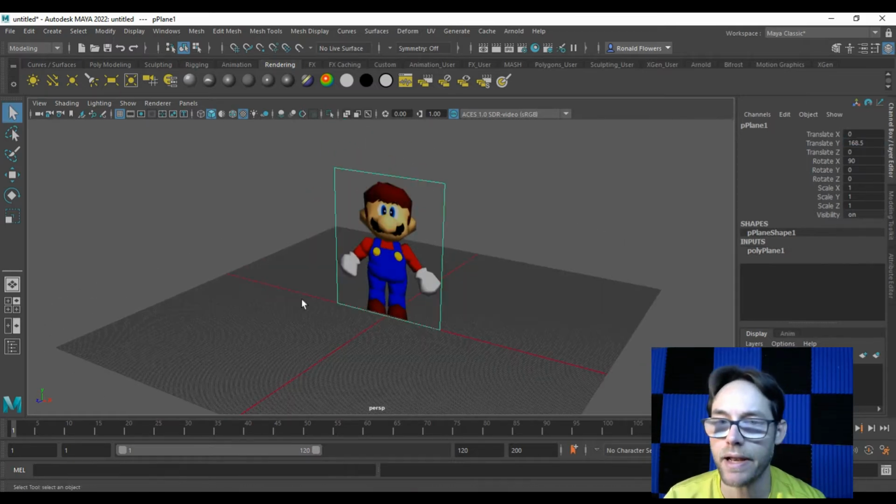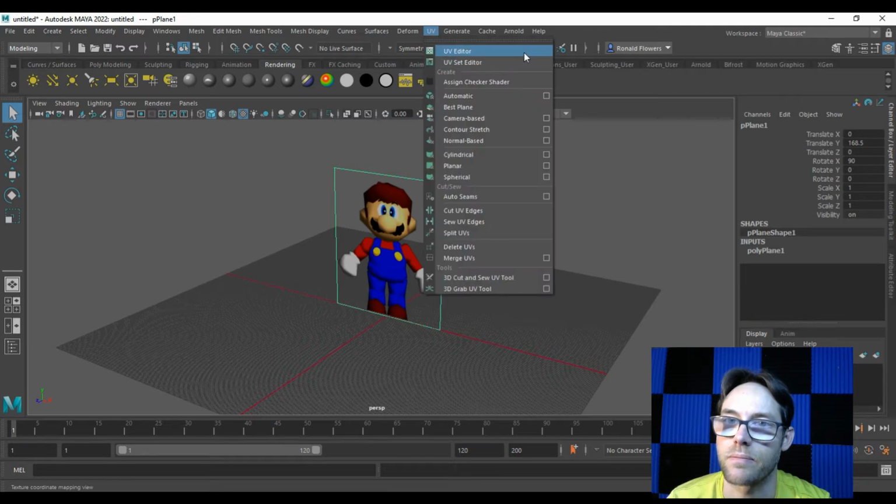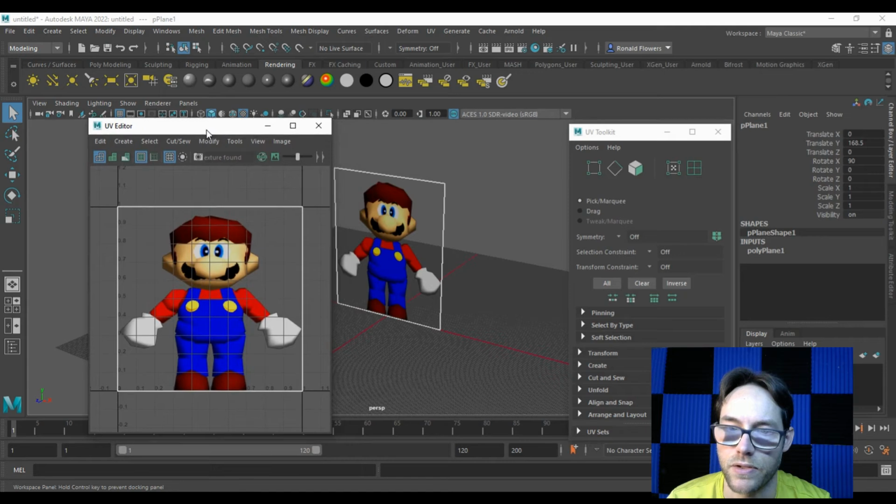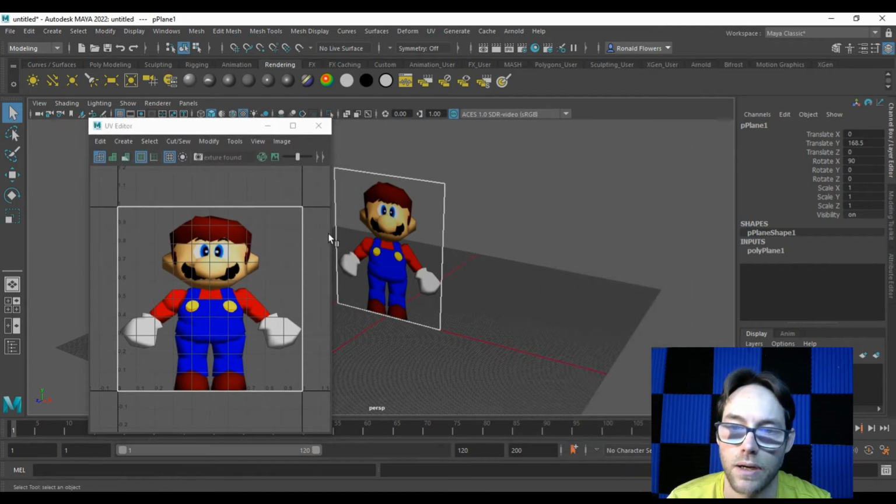Okay, so mine actually came in pretty well. Sometimes when you load on an image plane, it'll come out a little weird. So if you ever get maybe a half sliver or something like that, make sure you're in modeling, and then go to UV and UV editor. And this is what your UVs should look like. I don't need my toolkit. I'll go ahead and turn that off. You should see